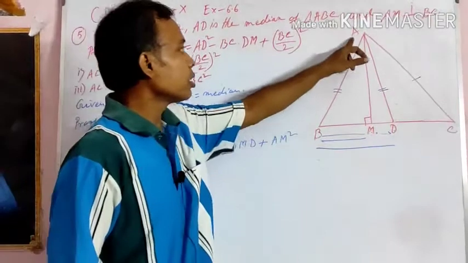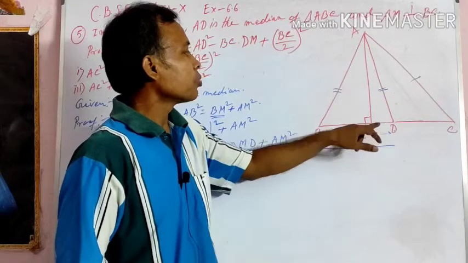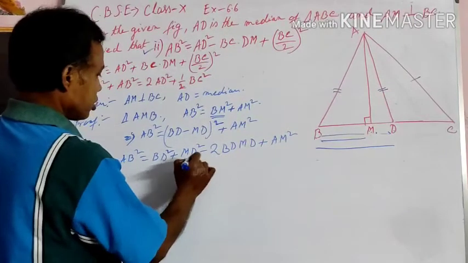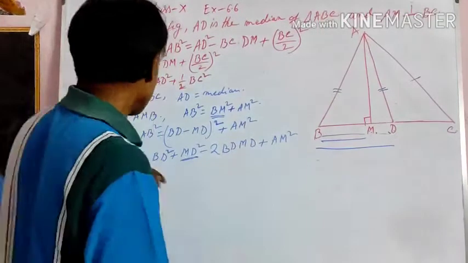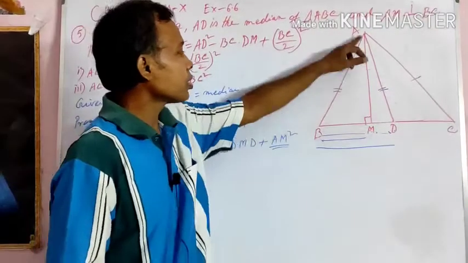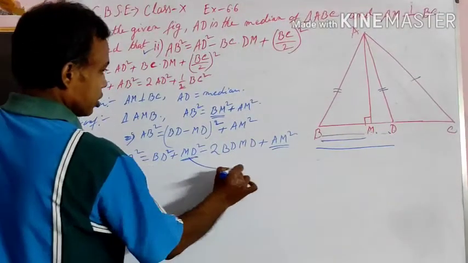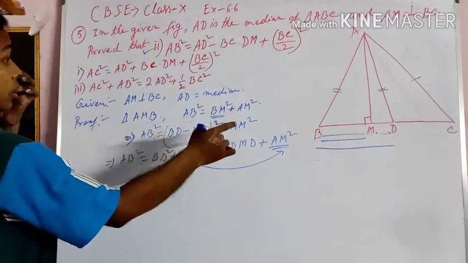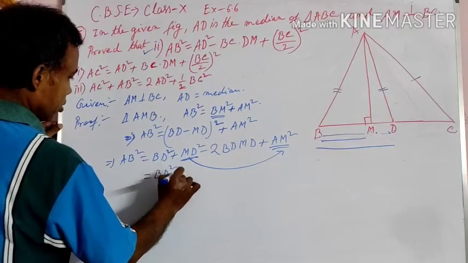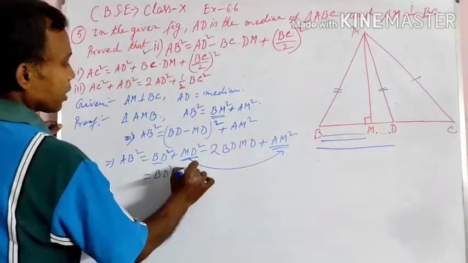Again, triangle AMD is a right angle triangle at the point M. So applying Pythagoras theorem, MD square plus AM square is equal to AD square. So in place of MD square plus AM square we will write AD square. Next step, AD square plus BD square